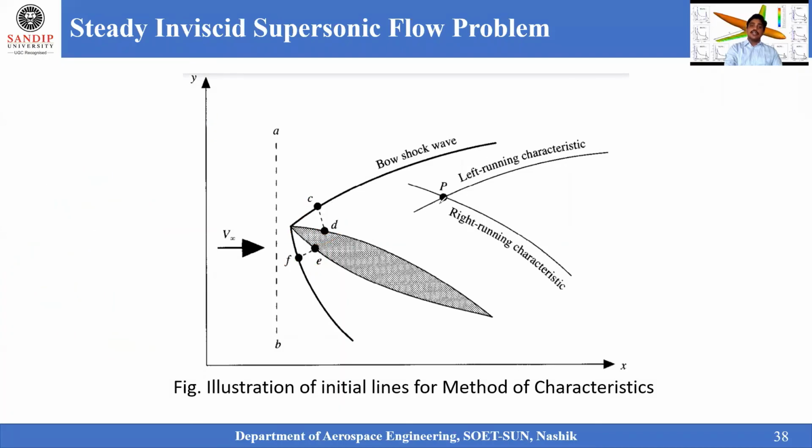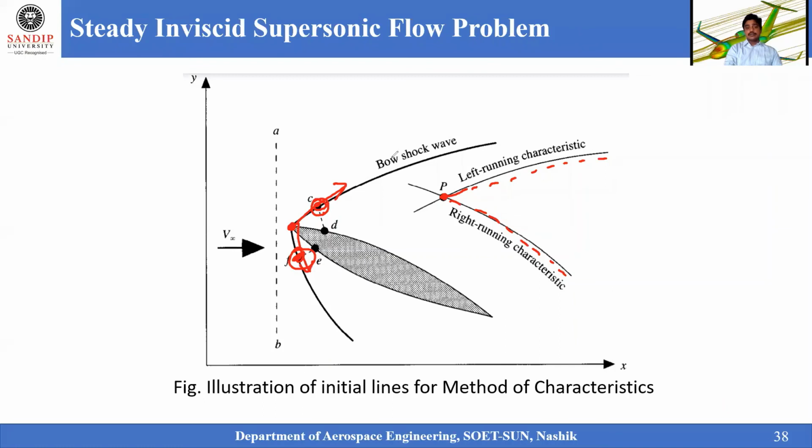So that is about the point where we are influencing that particular body. That is exactly talking about its left running and right running characteristics on that body, where the fluid is hitting on this point and reaching out in 2 directions. So the initial point P is being influenced on this C and F, right? Whereas if I am not sure about where the running characteristics are, or about the shock wave, then I approach with AB. So this is what we generally do.